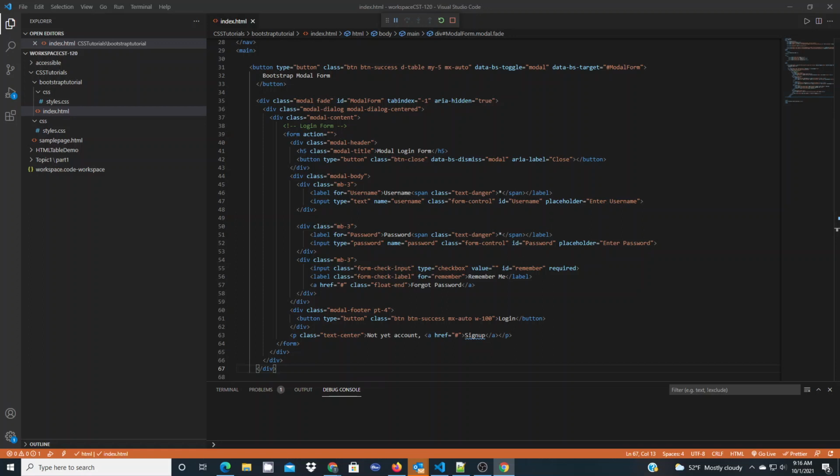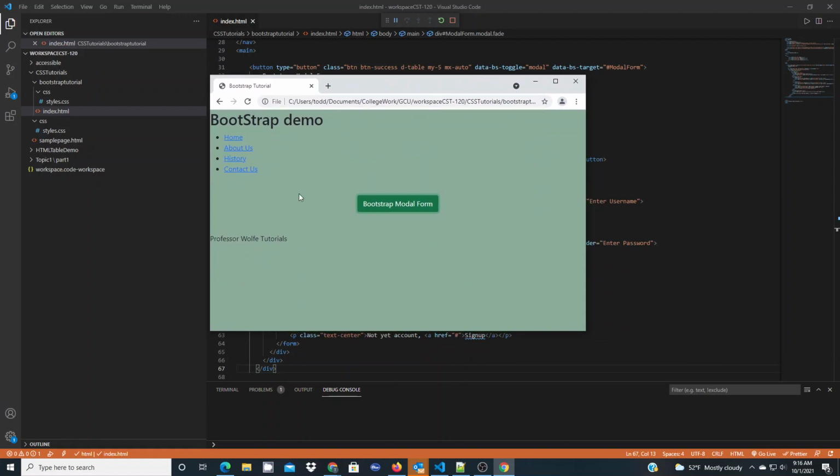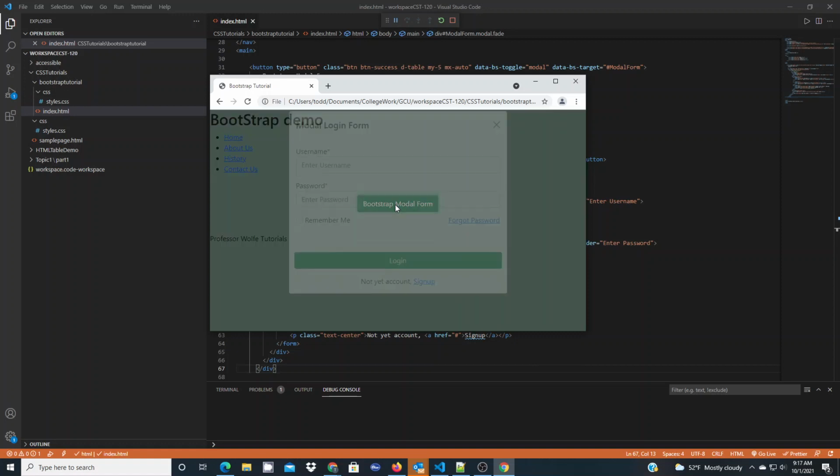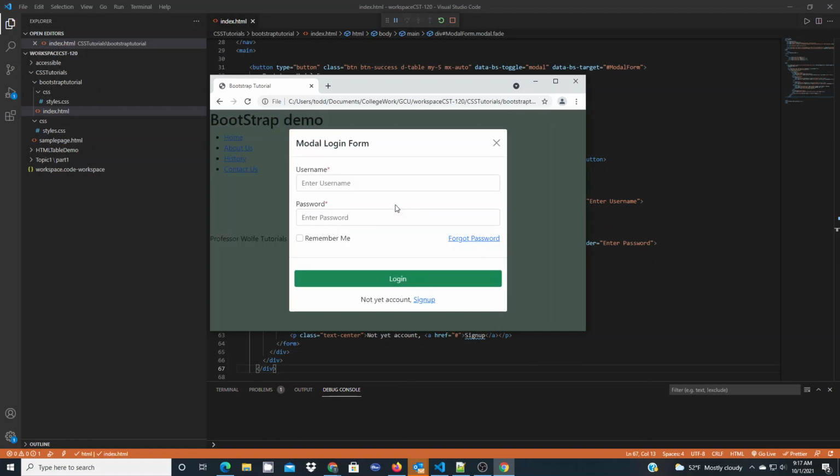And what we're going to end up seeing here when I bring my browser over is that button to launch the modal form. Okay, so if I click it, you'll see that the library allows me to create this modal form laying over my page, and it's very cool and functional. And I did very little coding to actually create this experience. I essentially utilize my HTML5 knowledge of the buttons and the input fields and checkbox and such that I wanted,